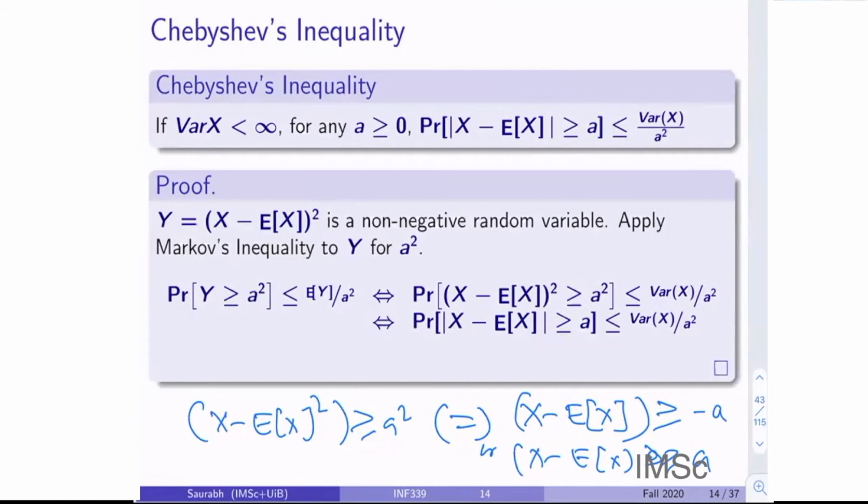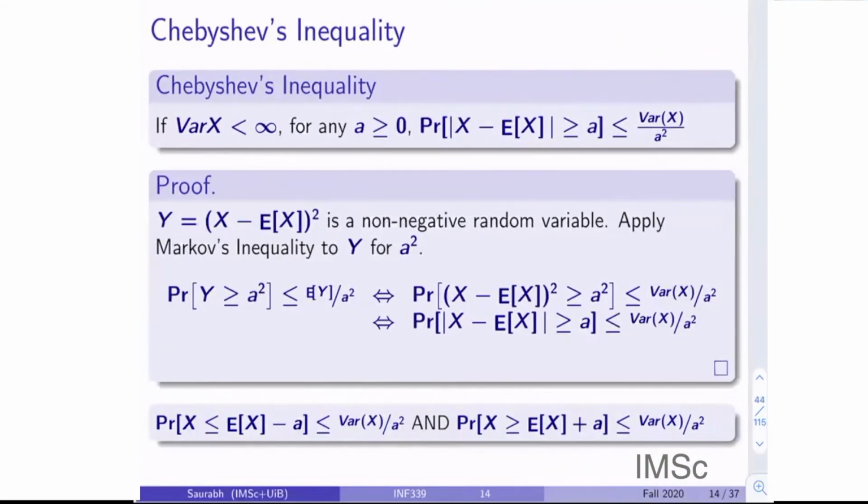Now notice here, to apply Markov, we are not assuming anything about x, but we are assuming something about the function to which we apply it. So given x, we are going to apply Markov on Y, which is a non-negative random variable. I wanted to compute something about x. So given this x, I transformed the if-and-only-if conditions to some other random variable, which is non-negative, and I applied Markov there.